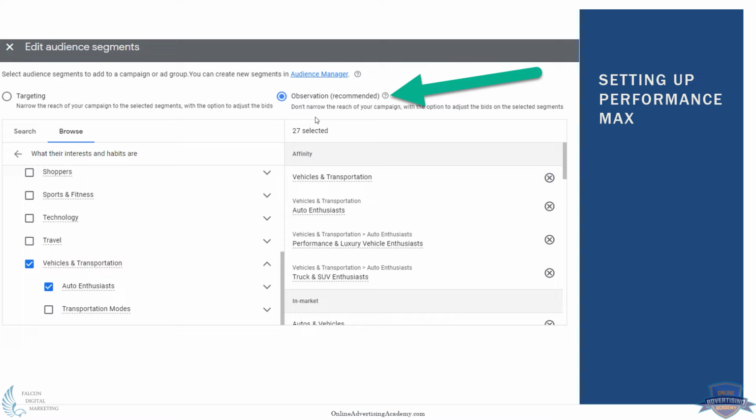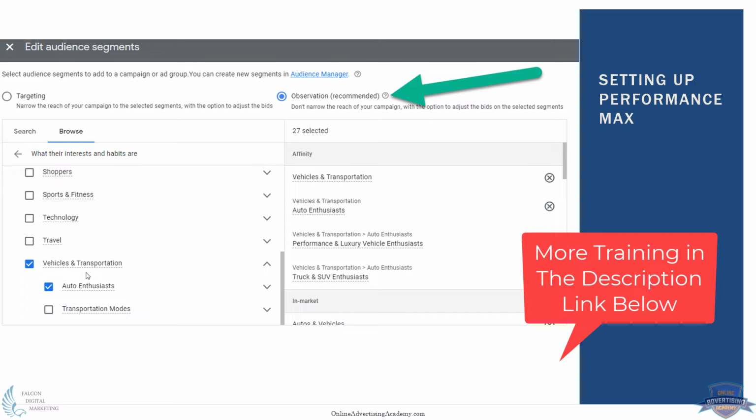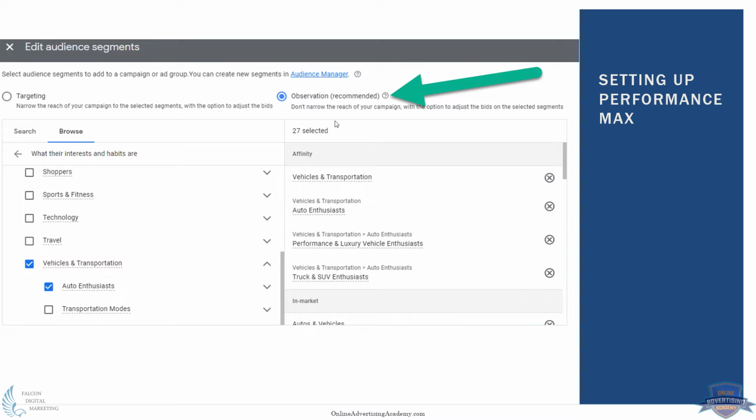You can do observing first, or you can take these like auto enthusiast and do a display campaign separately and target them. Or it's a great starting point to feed into your Performance Max, because auto enthusiasts already buy and they click quite a bit. So I mean, there's the affinity, in-market, demographics. You can just load it up with whatever makes sense for shoppers, sports, technology, travel. In this case, this example is for aftermarket car parts. But you can see here, affinity, in-market, it just splits it up and it'll give you all the data on that. So highly recommend put audiences into observation to feed more data to give you a starting point on Performance